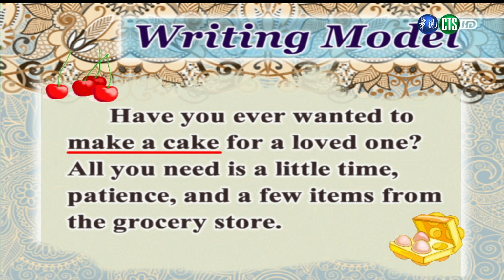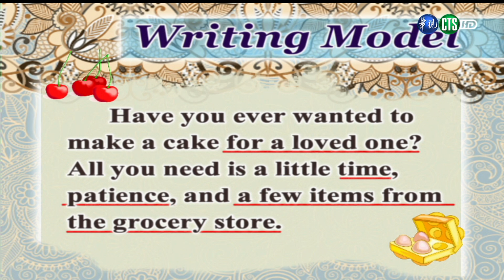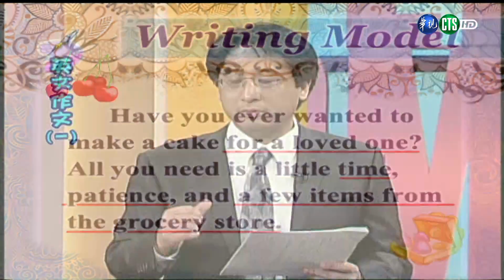And so you can see here that these sentences introduce us to the process that we're going to write about, which is baking a cake. 好，你可以发现呢，这些句子告诉了读者将要学习到的是什么也就是动手去烤一个蛋糕。 And then the next thing that we do is we try to get our readers interested. 好，那下一步呢，我们则是希望能够让读者对于烤蛋糕这件事感到很有兴趣。 And so, for example, here it tells us that we can make a cake for a loved one, and that it's also something that's not very difficult since we need only some time and patience and a few items from the grocery store. 比如说呢，接下来的句子提到说，我们可以动手烤蛋糕给我们心爱的人那而且呢，还告诉我们说，其实这个过程一点都不难只要一点点的时间跟耐心，还有一些简单准备的材料就可以了。这样呢，会让读者觉得，其实还蛮有趣的。